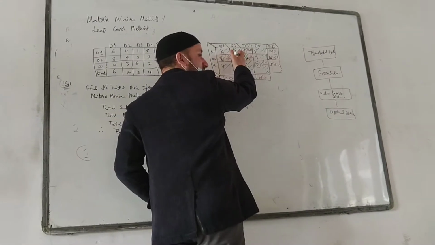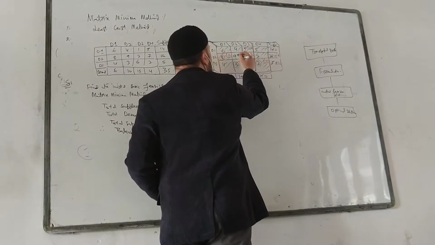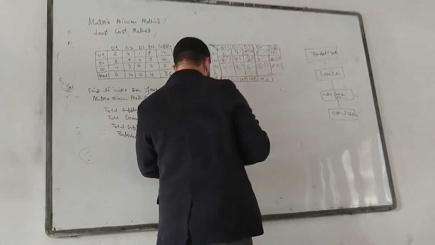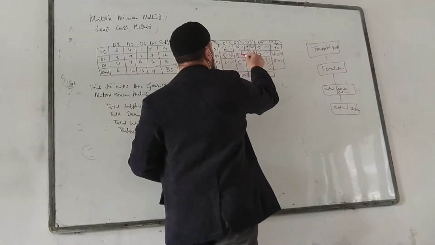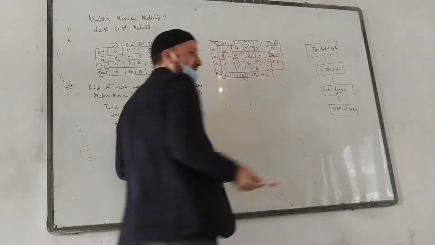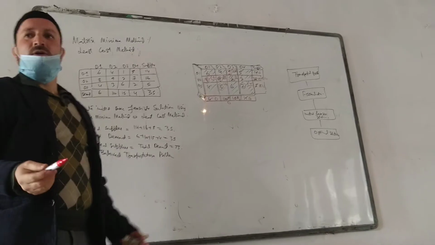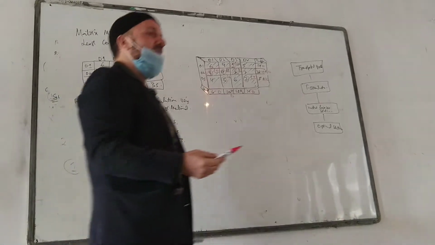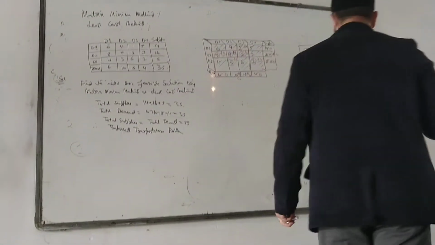A 9 requirement. The 9 cost is left out, so I will assign the 9 to it. Give it the red. I will assign 9 to it. Okay? So this is 0, this is 0. I am done. Nothing is left out. So what will be the basic initial feasible solution now?